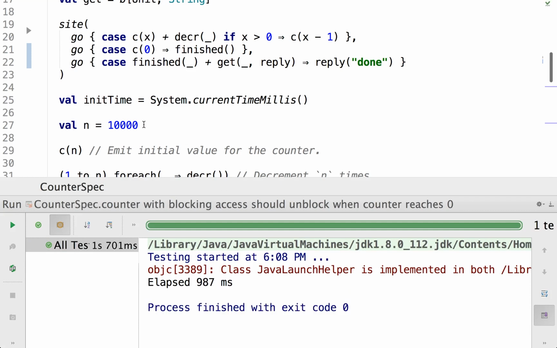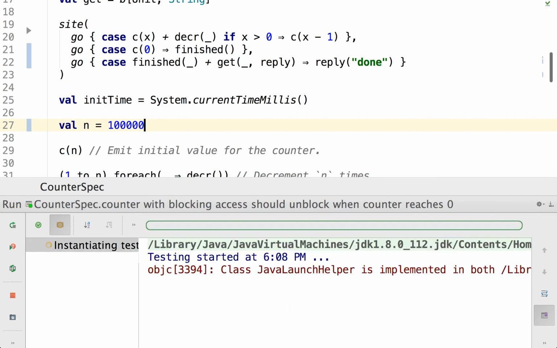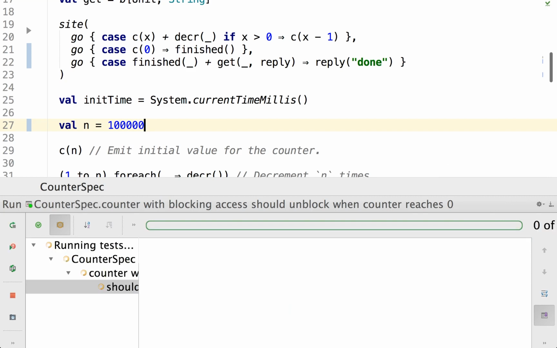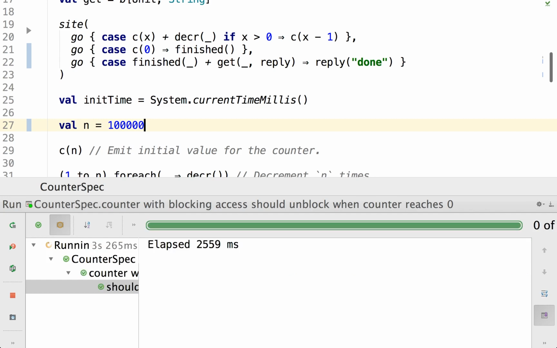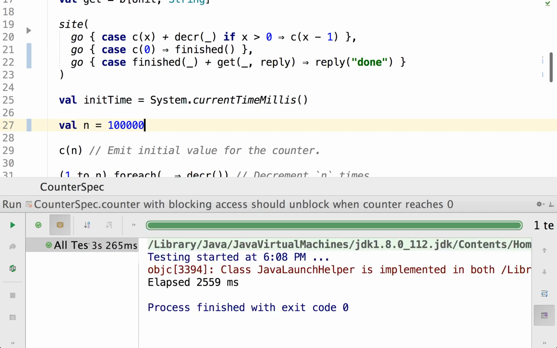All right, let's run it with 100,000. All right, so